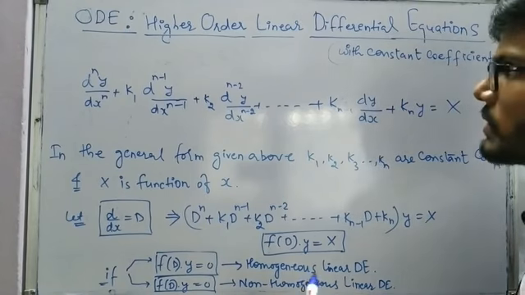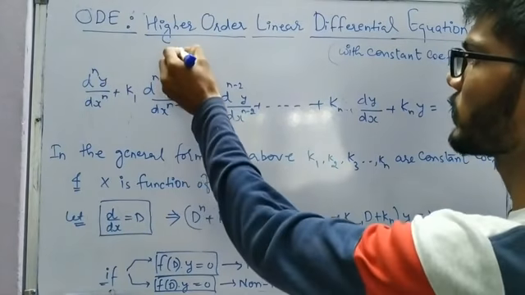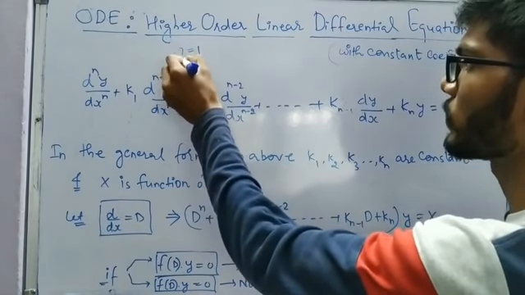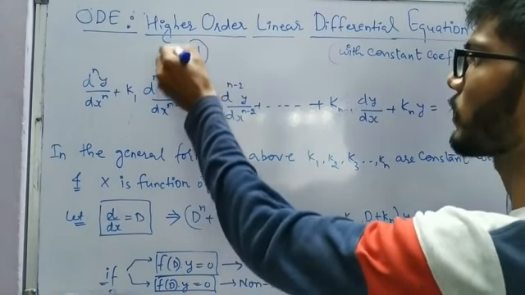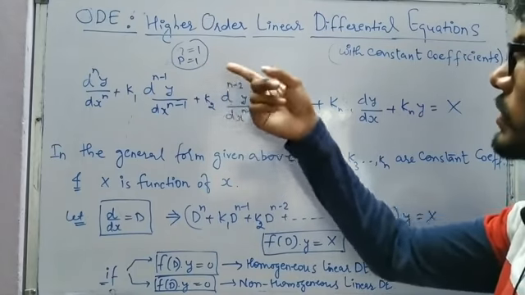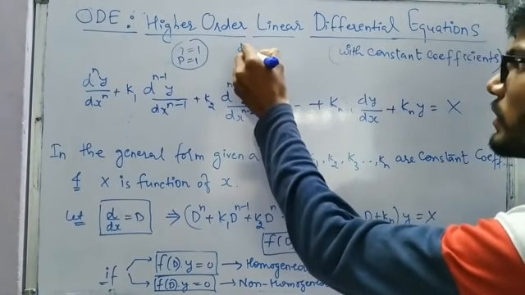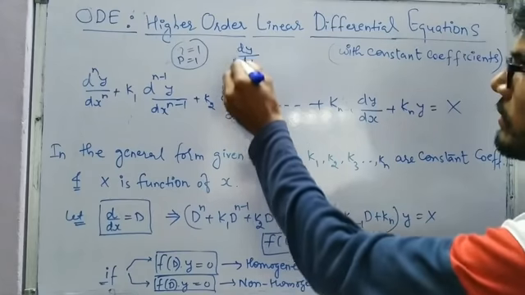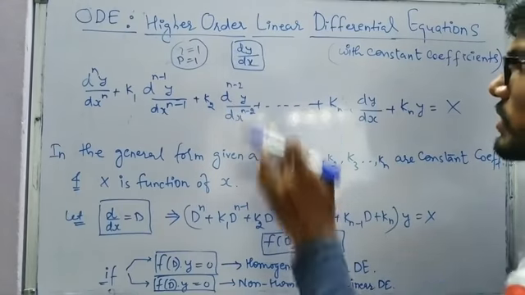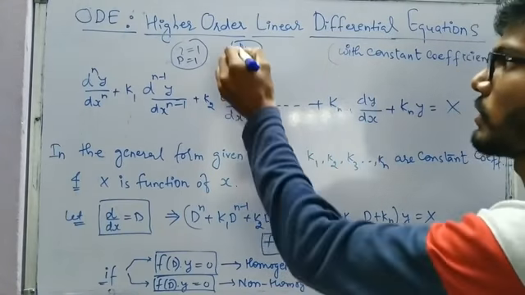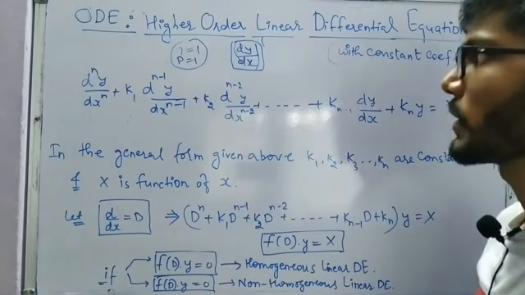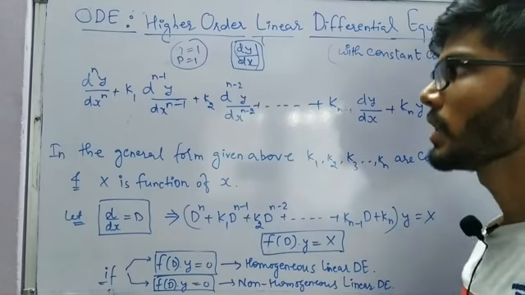In the previous case, in the first order linear differential equations, we had the value of n equal to 1 and the power of the highest order was also going to be 1. So n equal to 1 means first order, and linear means the degree is going to be 1. We discussed this type of problems with dy by dx terms only, the differentiation of y with respect to x only once, and the power of the highest order derivative was also 1 only.